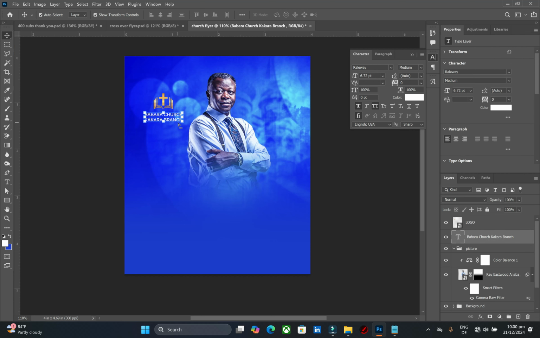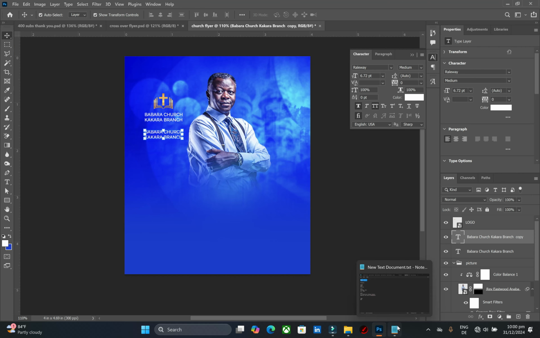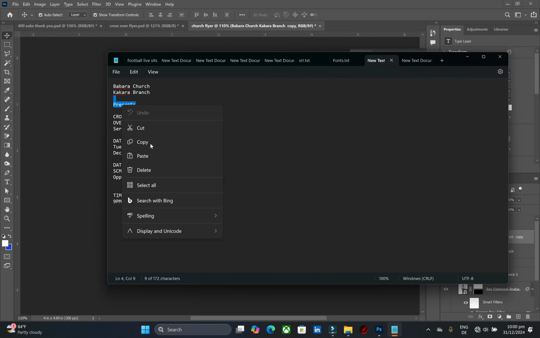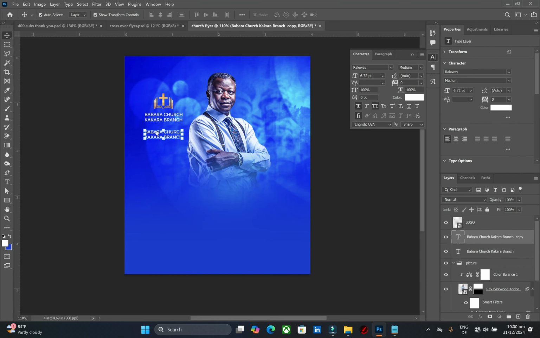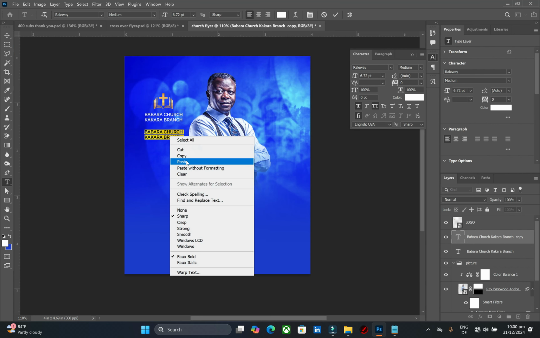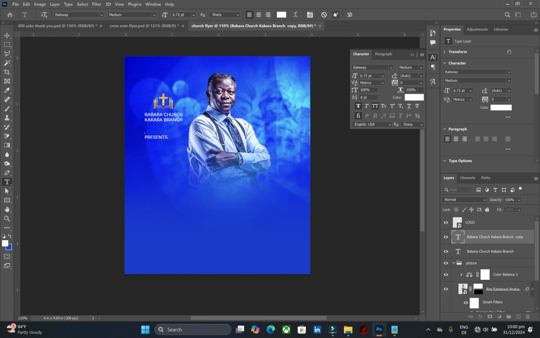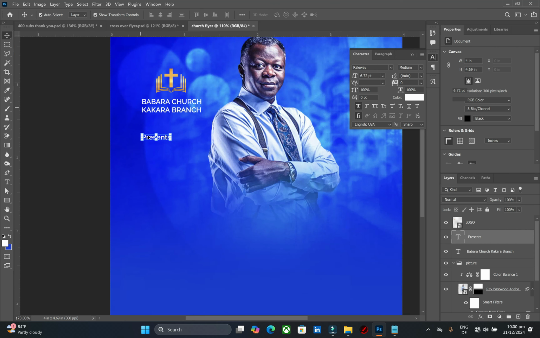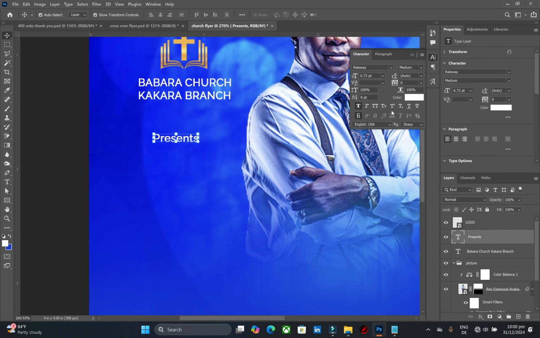And after that, I will duplicate this by pressing Ctrl+J to duplicate this and copy the present and paste that here as something like this. I'm going to position that here, and I will use a gradient color to